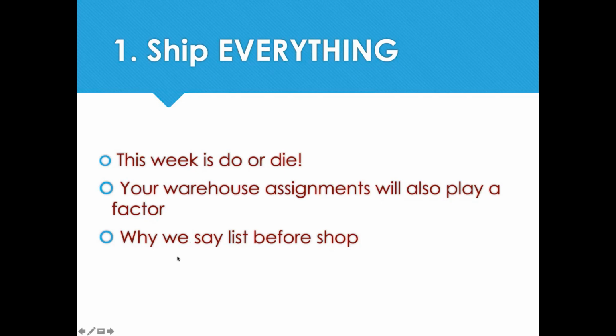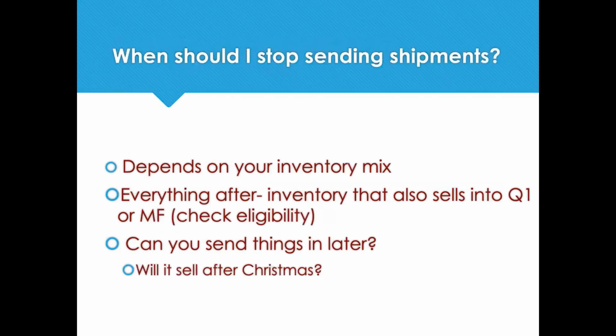And we say list before you shop, because you want to make sure you get as much time to turn that inventory as you can. And if you don't get that inventory in, then we see people end up holding the bag sometimes on those items. So